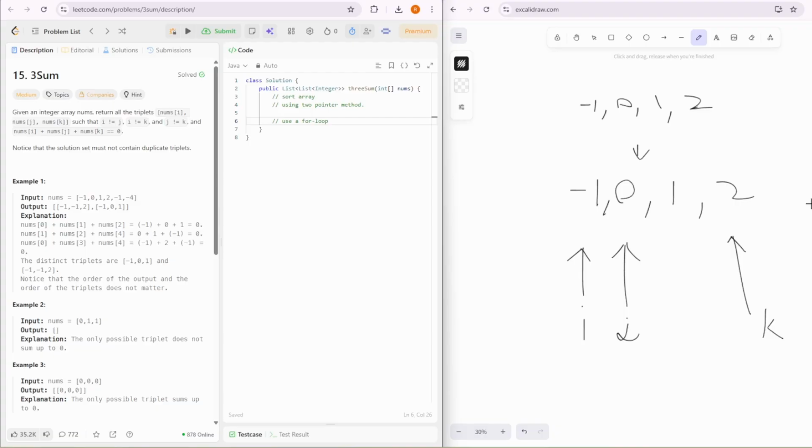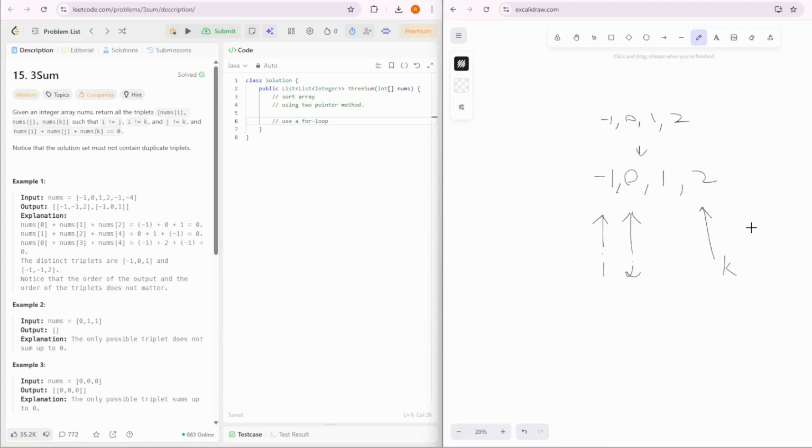So we'll need to find proper arrays of numbers, 3 of them, that sum up to 0. One of them is here, -1, 0, and 1. So if you are familiar with how two-sum is done,